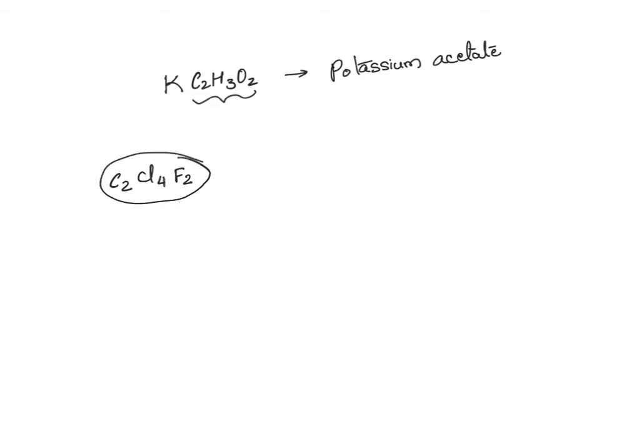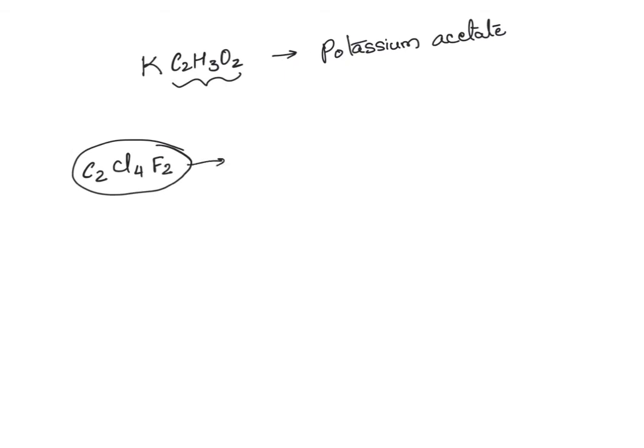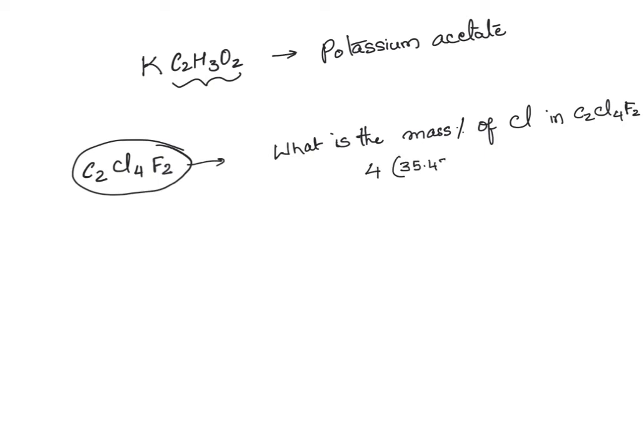This is a compound, freon, and your question was, what is the mass percent of chlorine in this compound? So there are 4 chlorine atoms. So 4 multiplied by 35.45. 35.45 is the atomic mass of chlorine, divided by the total molecular mass or total mass, which is